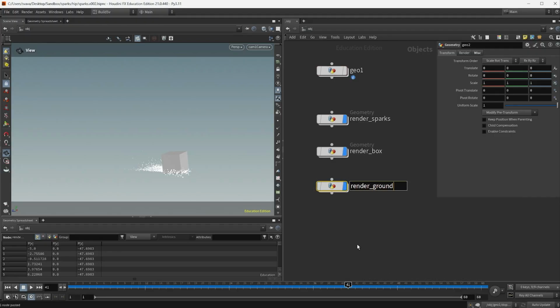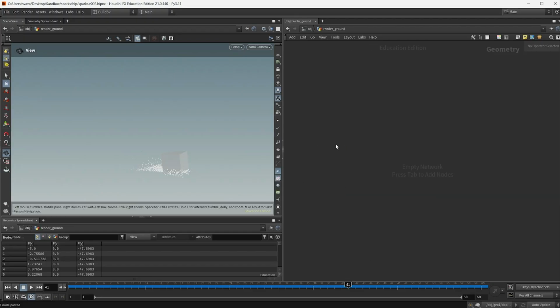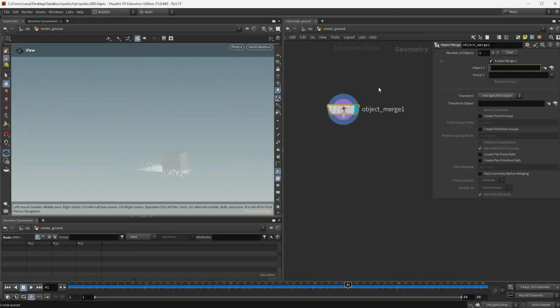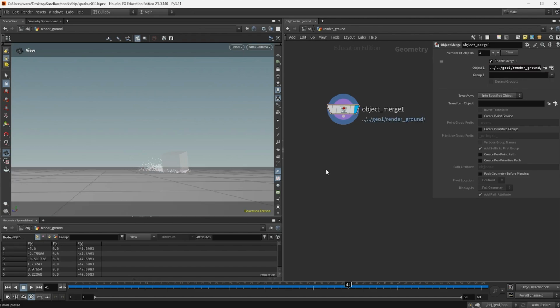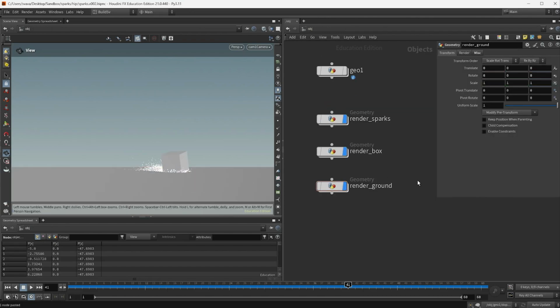Render ground. And then object merge. I'm gonna go out of this node, up one level, into Geo1, and then it's called render ground. So now we have got everything we need to render. I'm going to save the scene and go into Solaris.